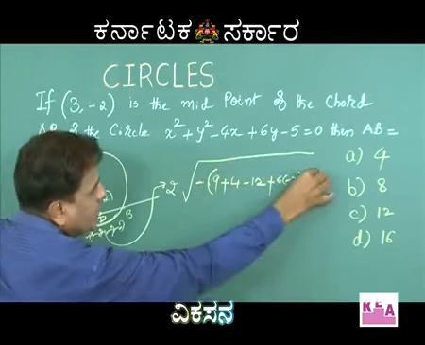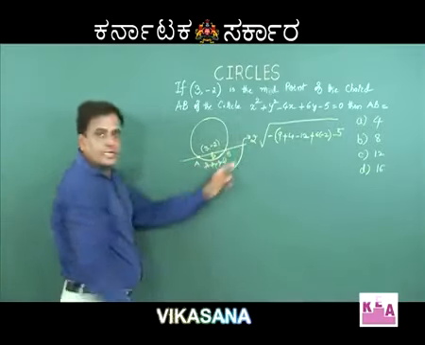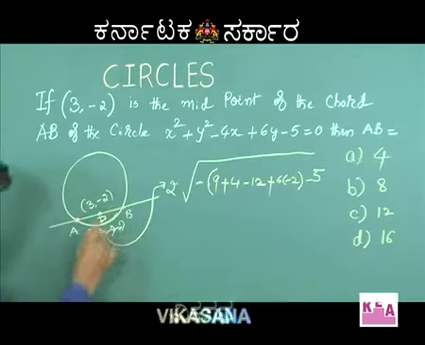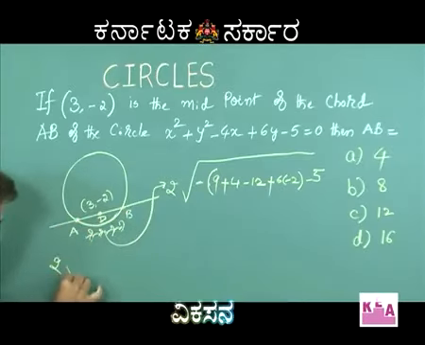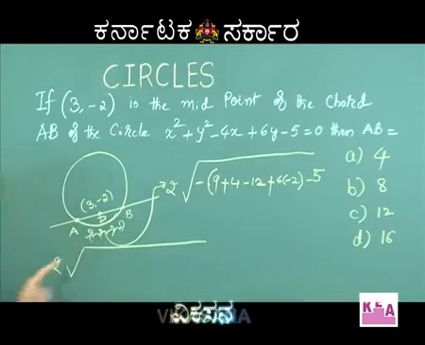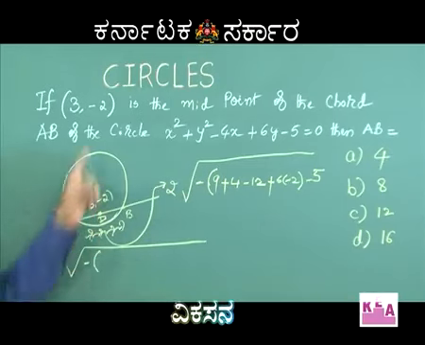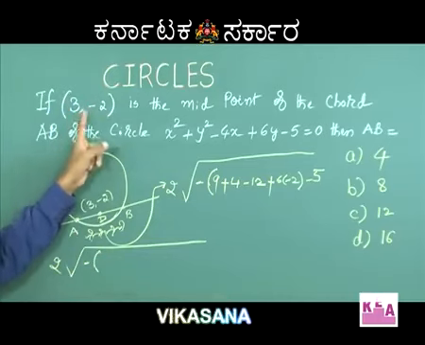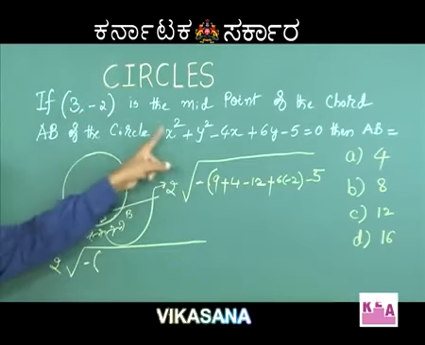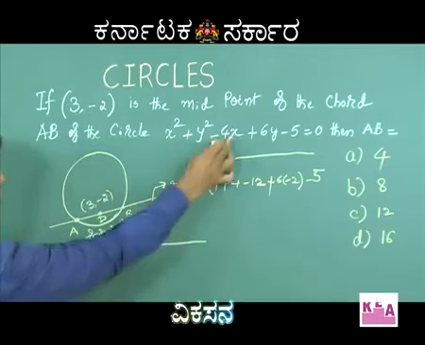Again I will write this step here, just for clarity. To find the chord AB, the length of the chord, it is 2 times the square root of minus of... please, dear students, remember one thing. Substitute this given point in the LHS: 3 square, 9, plus 2 square, 4, and x value 3,